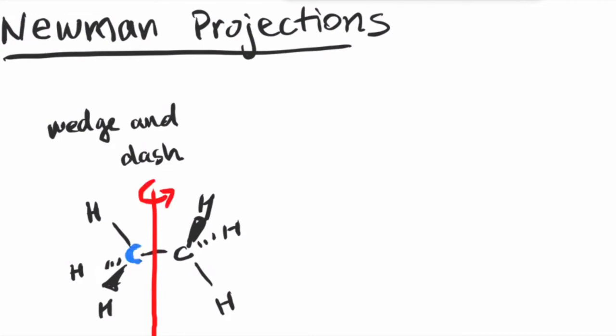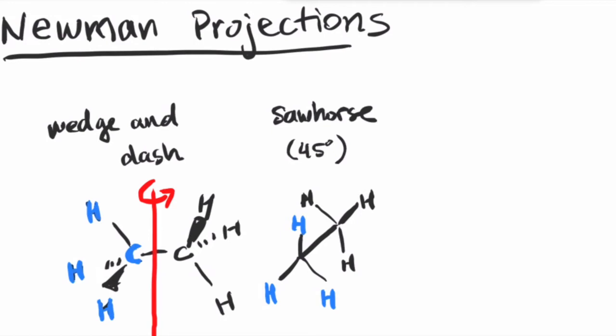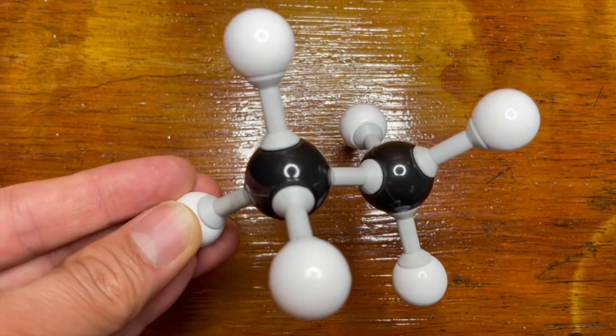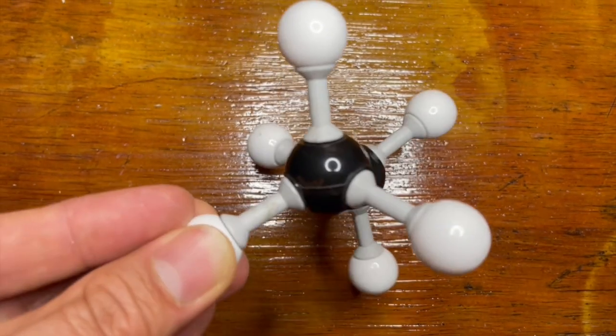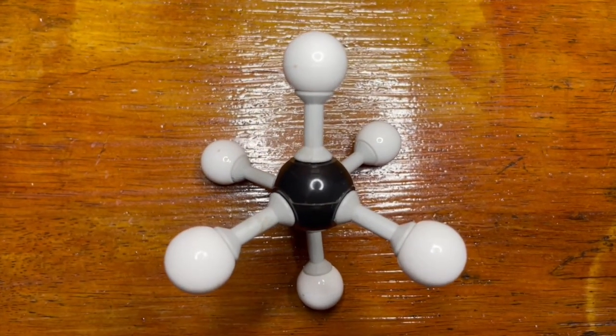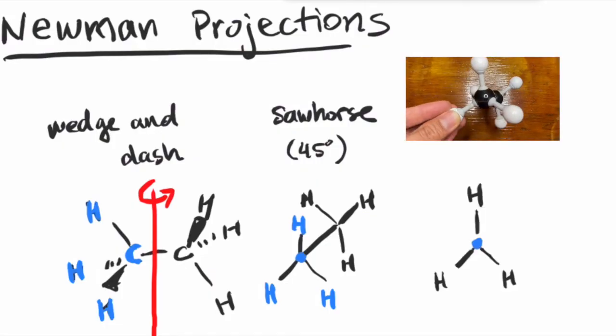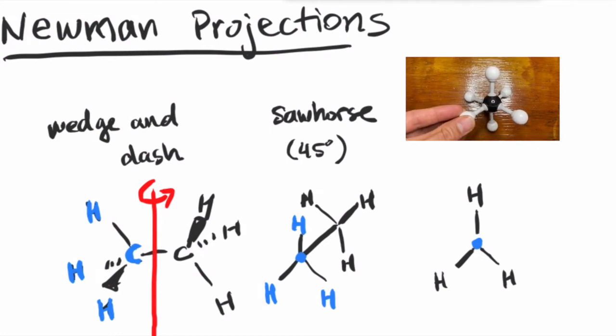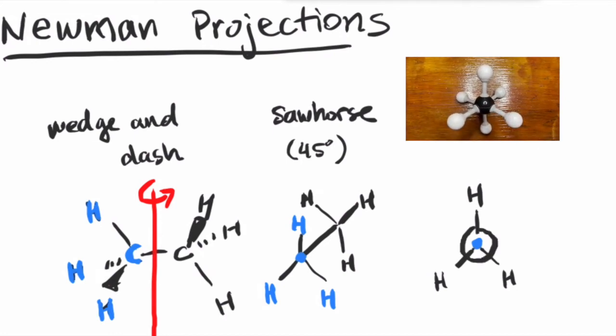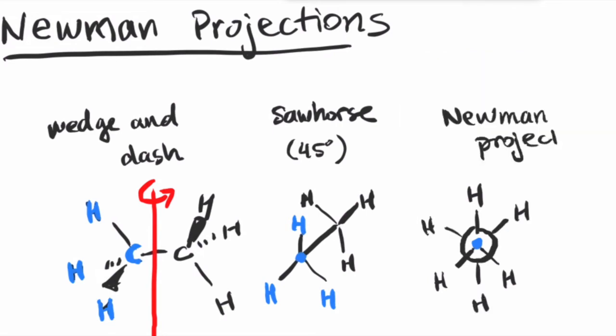I'm going to go ahead and highlight the left carbon and hydrogens to help us visualize in this 3D drawing. So at a 45 degrees angle rotation, we get this sawhorse structure. And if we rotate from the sawhorse structure another 45 degrees, we will get a different structure, a different angle. And in this angle, the front carbon will overlap completely with the back carbon, covering it completely. So we will represent the front carbon as a single dot and the back carbon as that circle. So this is what we call the Newman projection, where again, the back carbon is represented by the circle, and the dot represents the front carbon.